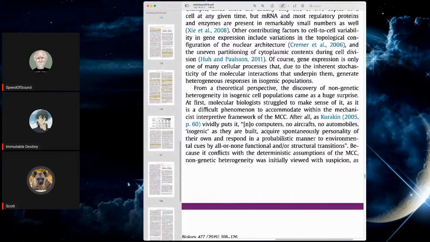After all, as Kurakin vividly puts it, no computers, no aircrafts, no automobiles, isogenic as they are built, acquire spontaneously a personality of their own and respond in a probabilistic manner to environmental cues by all or none functions and or structural transitions. Because it conflicts with the deterministic assumptions of MCC, non-genetic heterogeneity was initially viewed with suspicion